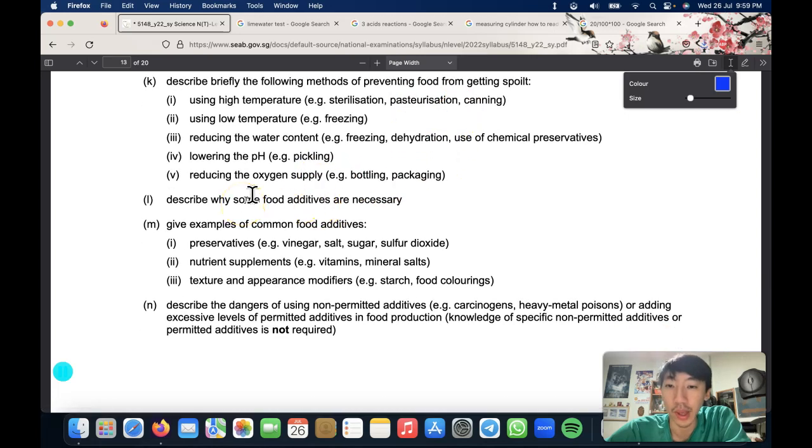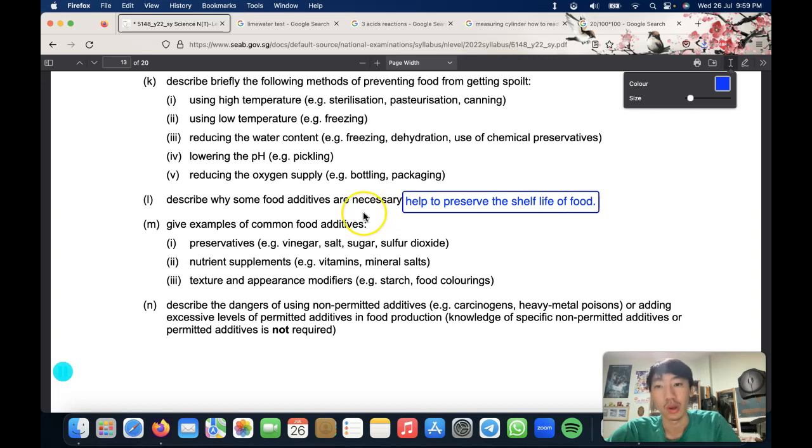So why are food additives necessary? Right, it helps to preserve the shelf life of food. Okay, so if you don't have food additives, then you go to the supermarket, everything is all rotten already. So you need food additives. Okay, these are the 3 food additives: preservatives, nutrient supplements, and texture and appearance modifiers. So preservatives, as I said, vinegar, salt, sugar, sulfur dioxide, these will help to increase the shelf life of the